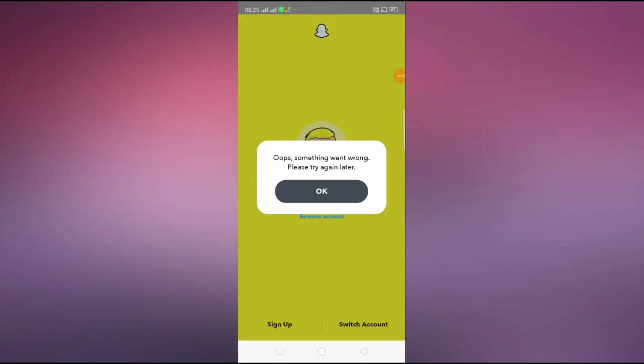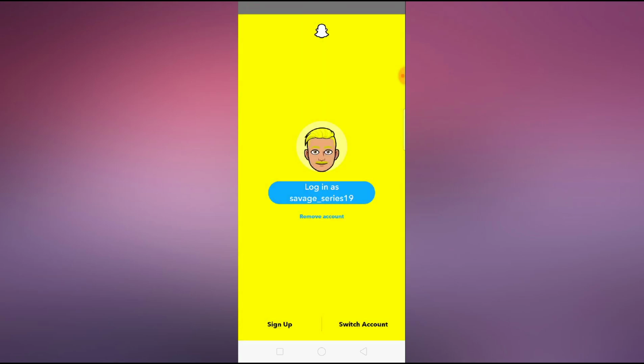Snapchat login file problem. So guys, if your Snapchat is not working or it is showing in this type of way, "Oops, something went wrong, please try again later." So guys, first of all, make sure your internet connection is on. You have to check your data, and then if the problem doesn't work, you have to go to your